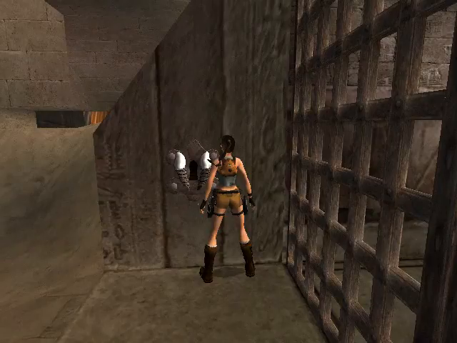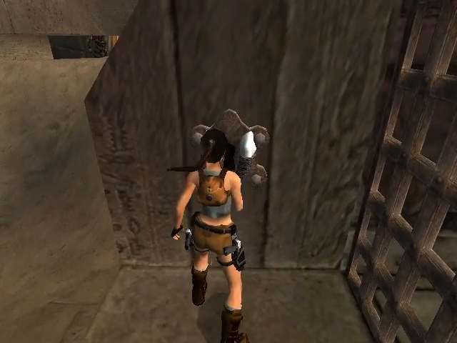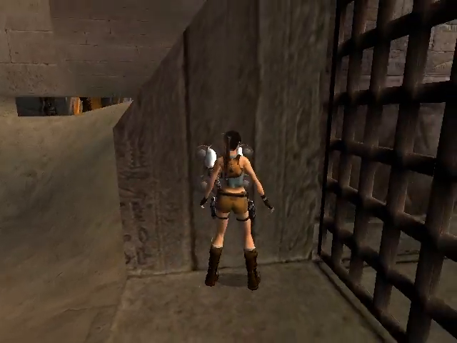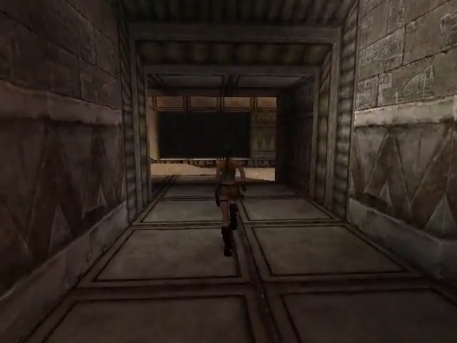You put the key in here then. It doesn't show the key on the thing, but it's there, which is a bit annoying, a weird glitch. Open the door. Go in. And...